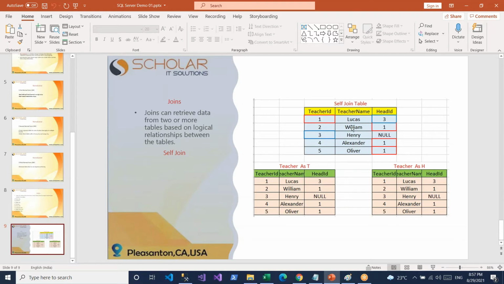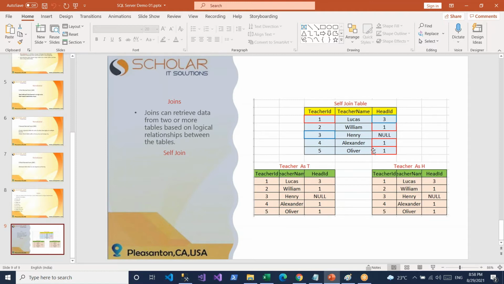In the same manner, see here, these 5 people are teachers only. But who is the head of Lucy? Henry will be the head. And Williams, who is the head? This girl. And who? This one. William, Alexander, Lucy.